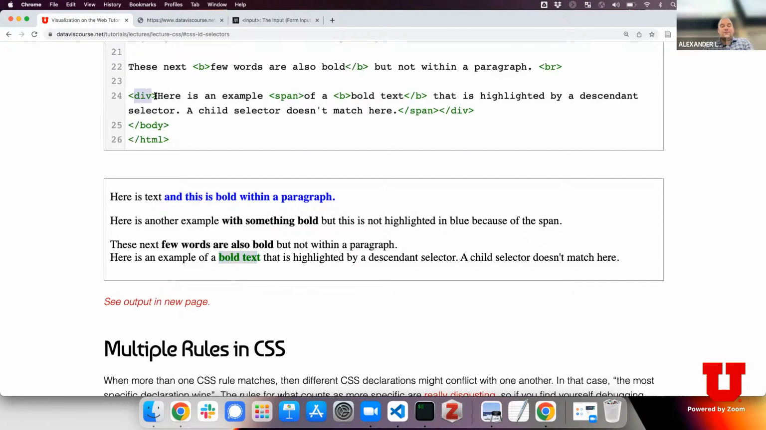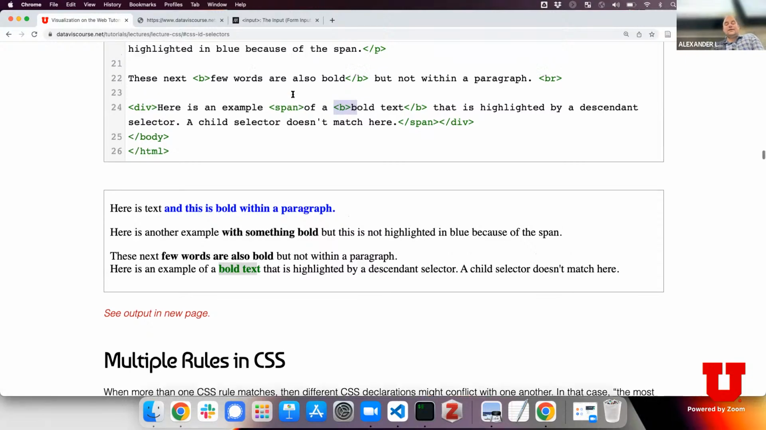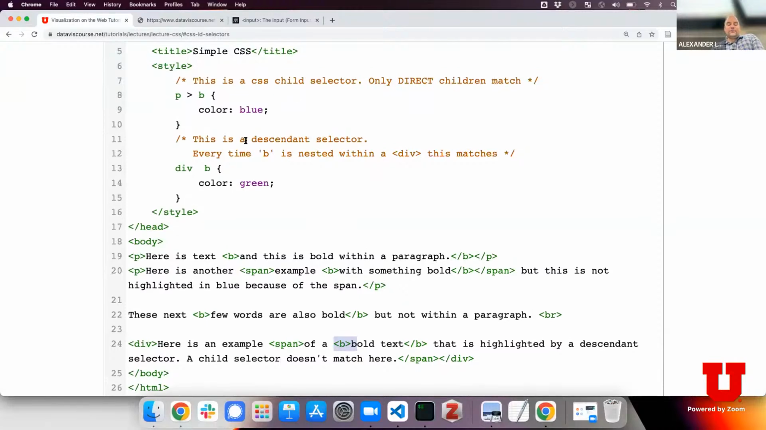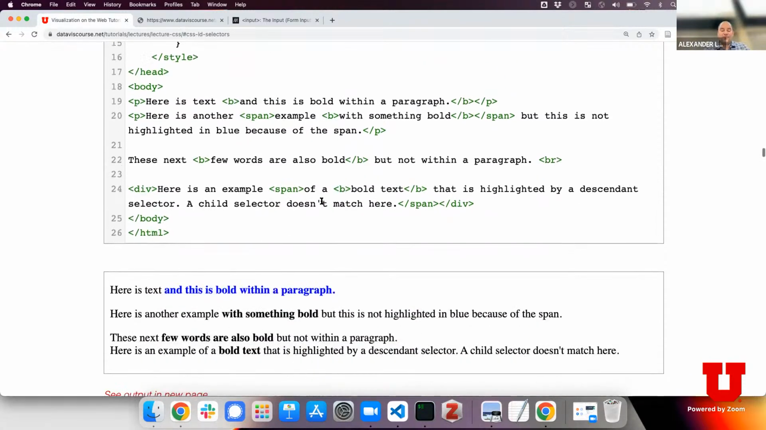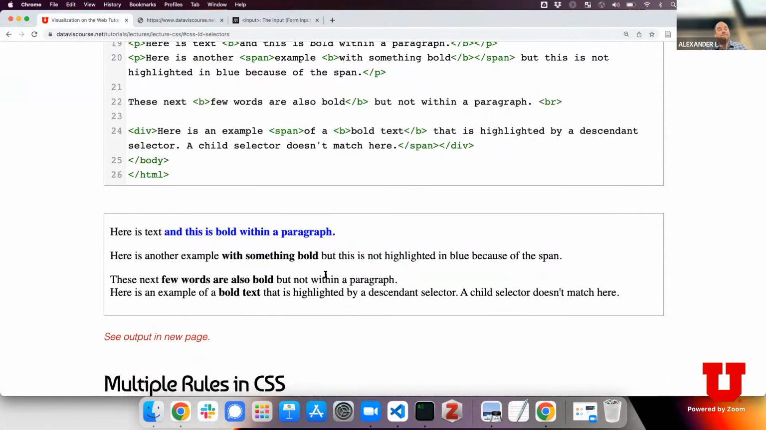So we have the div, and then a span, and then a B, a bold, and that now applies because here, instead of using the direct descendant selector, we use this any descendant selector, right? So if I were to change this to the direct descendant, the green would go away. Okay,